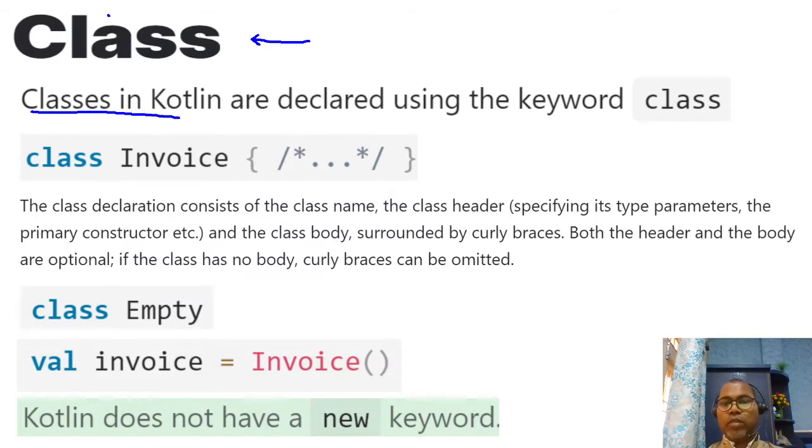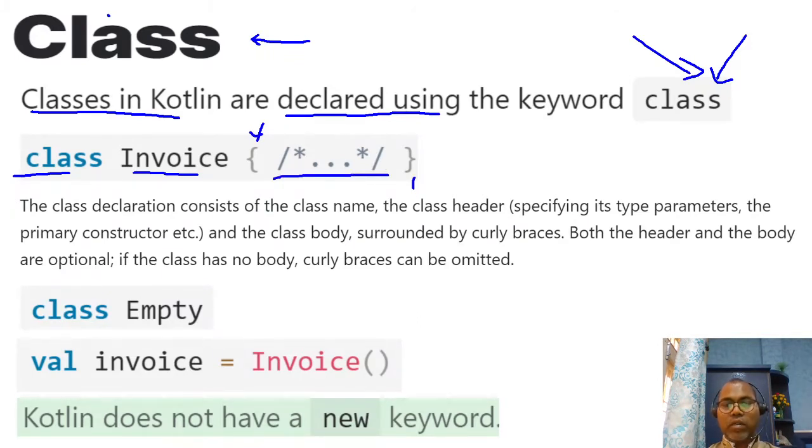we have to use the class keyword. Kotlin defines one class keyword. Whenever you are going to declare a class inside Kotlin, you have to use this keyword class. Just write class and the class name, and then your opening braces and closing braces, which form your class body. In this class body you can define your properties, your functions, your setter and getter, each and everything.